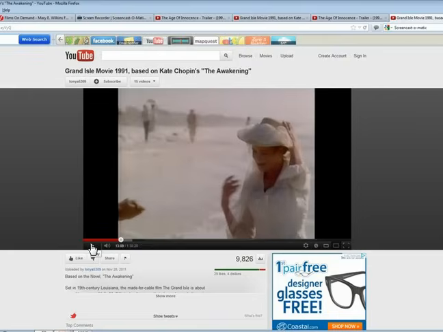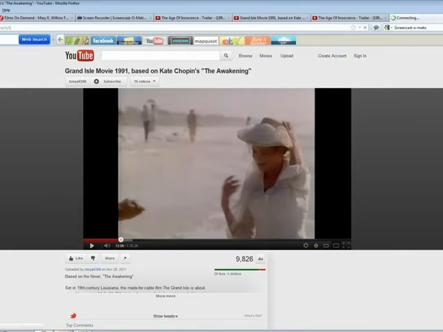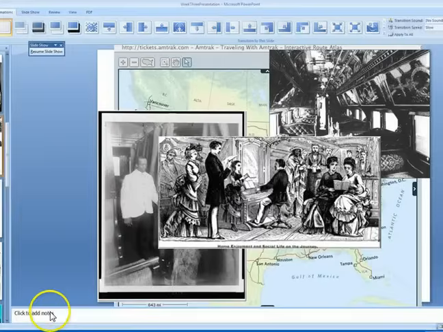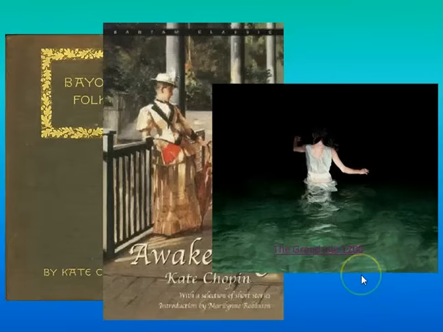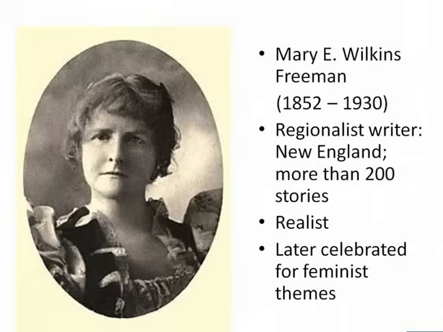So here you get a sense of the society in which Kate Chopin is writing about in the Grand Isle, and you'll see it in her writing, in her short story, the use of French and the dialect. All right, so now